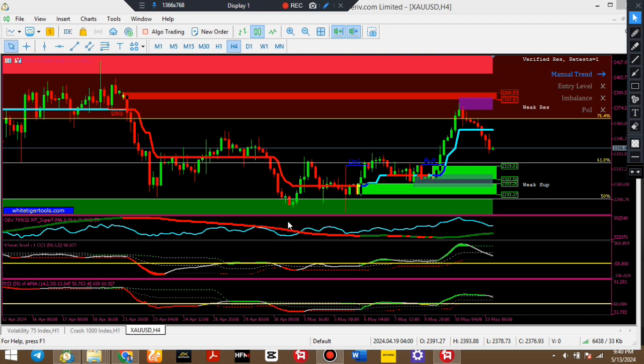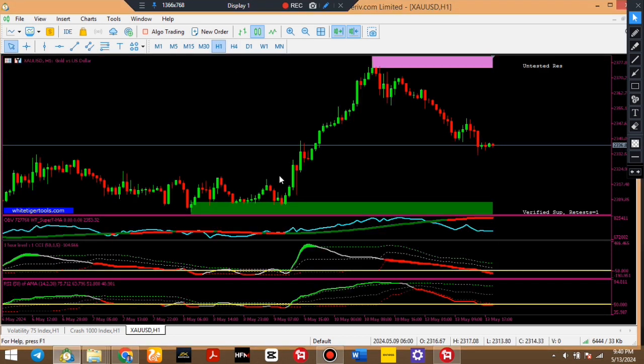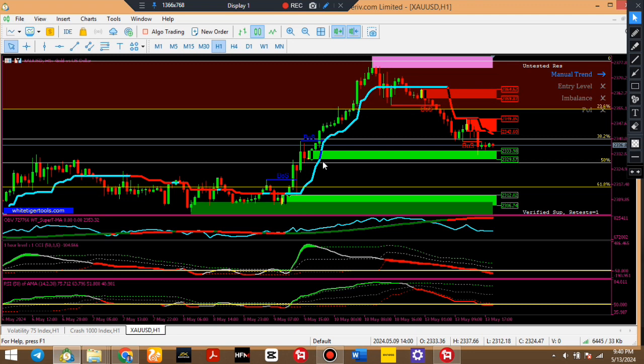So I didn't take trade on this gold, but it really works both on gold and other pairs. So this is 1 hour time frame. You can see price breaking structure coming back to where? The level 50. You see price break and went all the way up. So it's coming back to that level 50. It can retest, come back, break it and start going down.